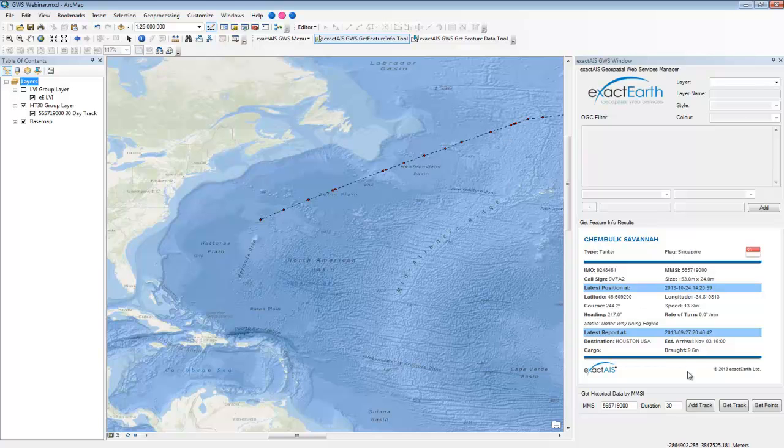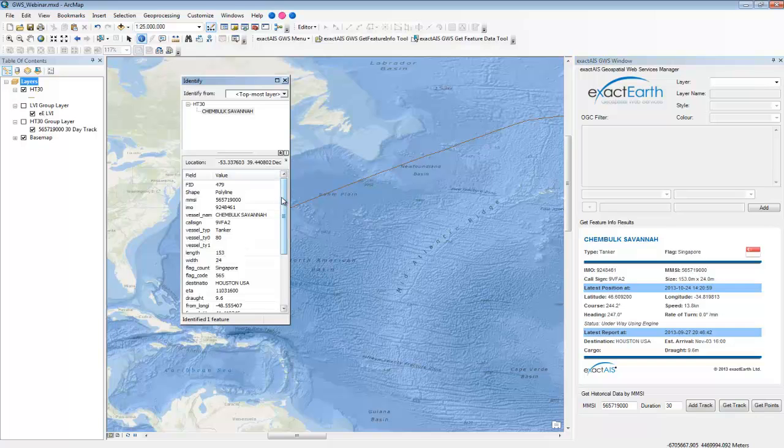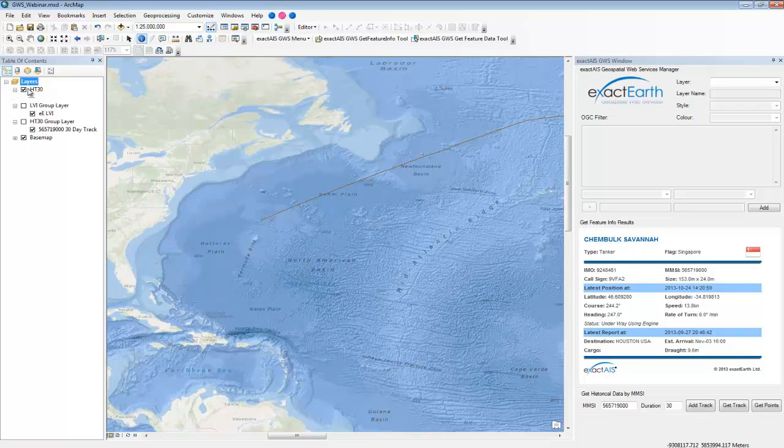So next we're going to use the Get Track button, which basically makes a request to our web feature service. So it's returned a track shapefile that is from our web feature service. As you can see, it lines up exactly over top of the track that we have. So these buttons go after the web feature service, and they basically return the data in the form of a shapefile. And here you can see that we can use the Identify tool and find out the information about this.